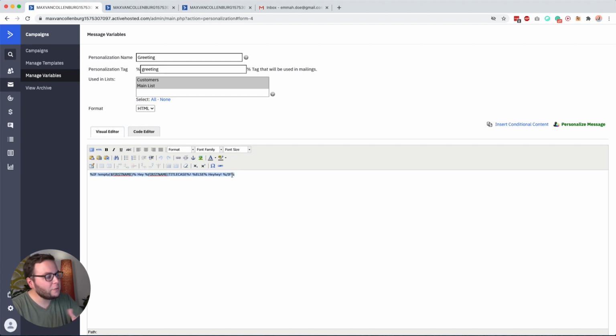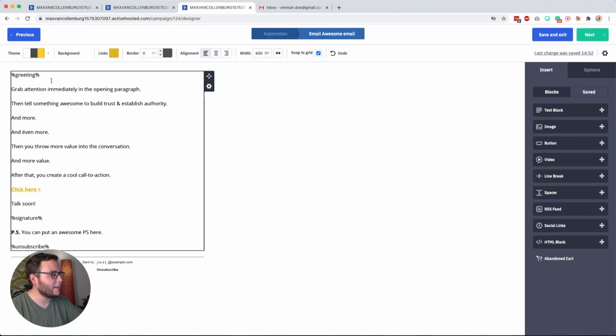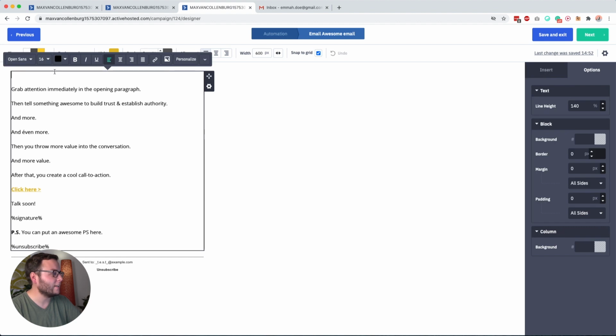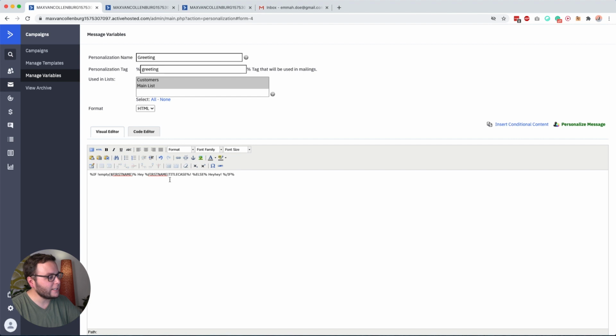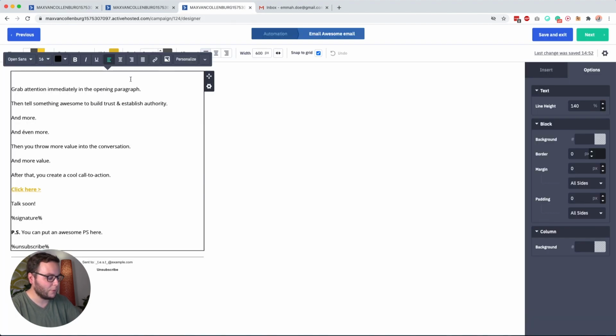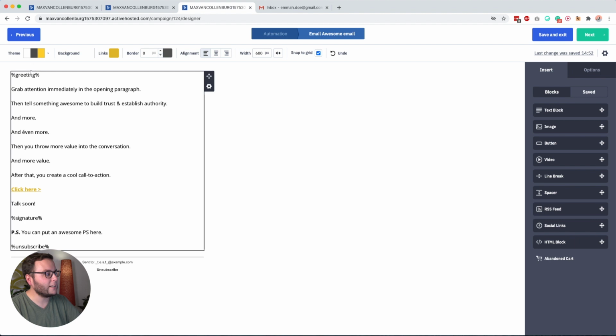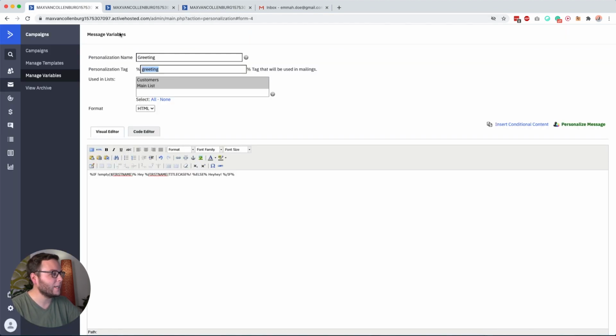I found it a bother to paste this inside my email at the top every time, or in the HTML editor, or in another way. So what I like doing was to set this up, and now I can just use the greeting message variable at the top. I will just say here, greeting, and then in the emails, it will automatically convert that to hey Max, or to hey in case I don't know the first name. So that's another one that I found really handy.